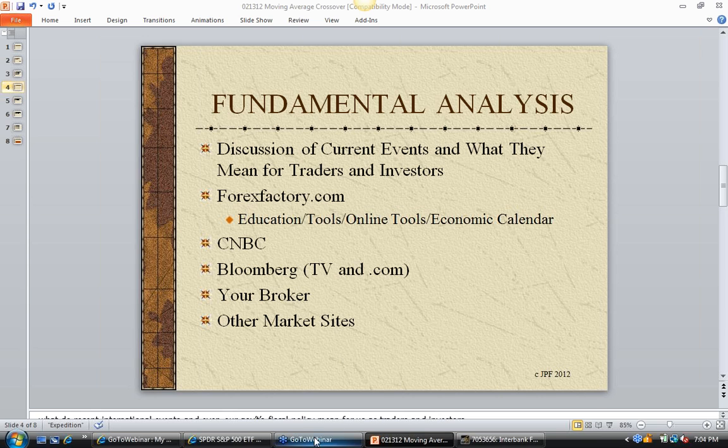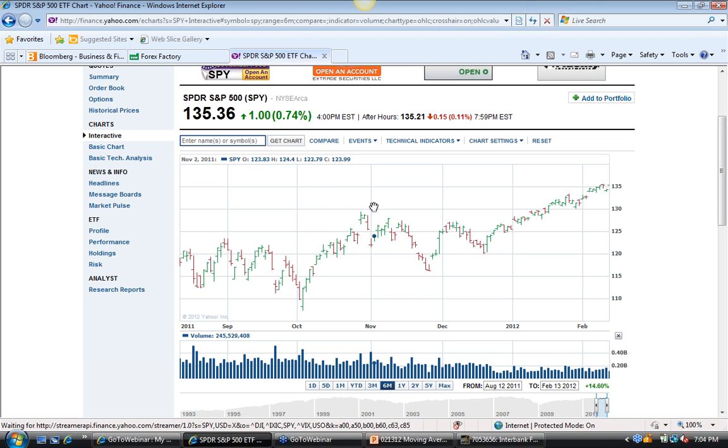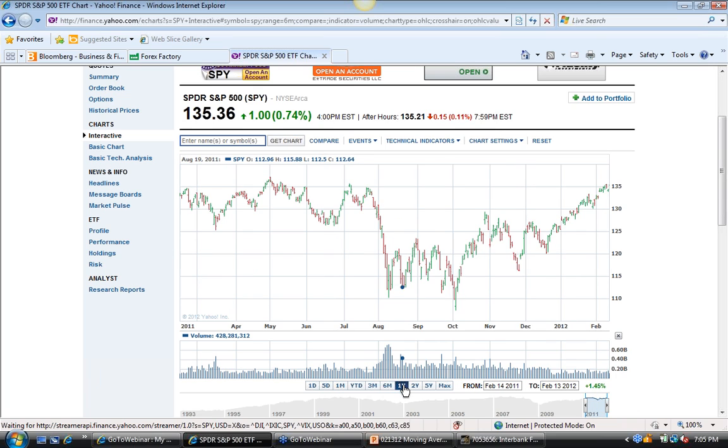We are at a crucial level in the stock market, and I'll bring that right up here. We are at 135 here in SPY, and if I bring that out to a one-year chart, you can see last summer's highs, 135. Right here we're at 135. We were there on Thursday. We went down off of it on Friday. We're back up there today. We'll see what tomorrow brings, but the markets are trying to pump through.